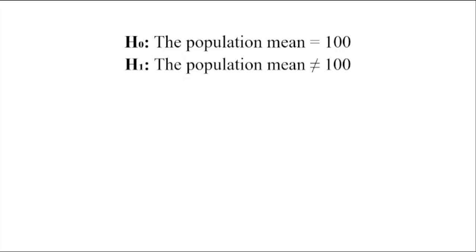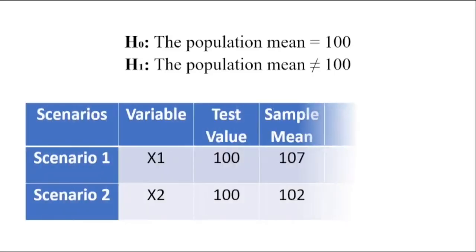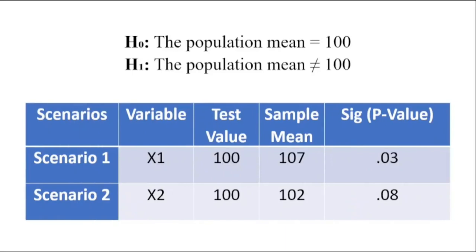If, for example, you have done the analysis with a given set of data and variable x, and the outcome is as shown in this table for two different scenarios, x1 and x2 respectively, how will you interpret this type of results, putting into consideration what we have learned so far? What does the p-value say about rejecting the null hypothesis or failing to reject the null hypothesis in relation to the sample mean and the test value? How to do this interpretation is actually the objective of this tutorial, and I will guide you through as we